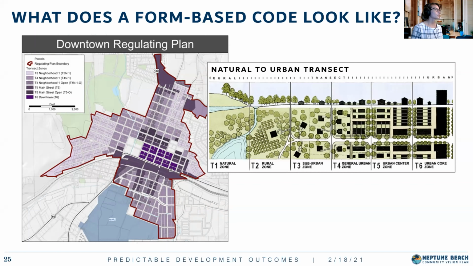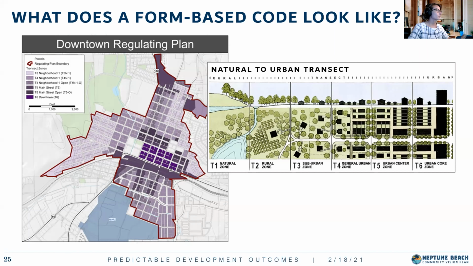In a form-based code, and in a regulating plan, you're able to get much more fine-grained zones than you would in a conventional code. And that allows you to get much more specific about where certain building types and building forms would actually apply along specific streets and, say, adjacent to public parks or open spaces. So you get a much more fine-grained result than you can get with conventional zoning codes.